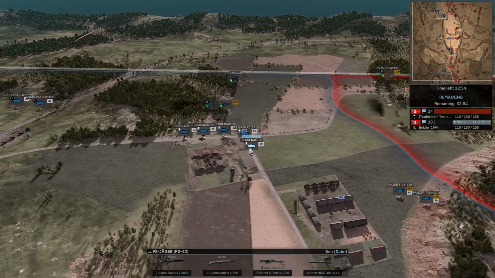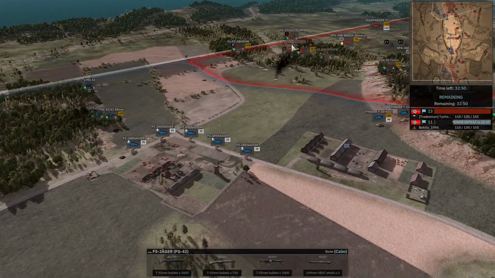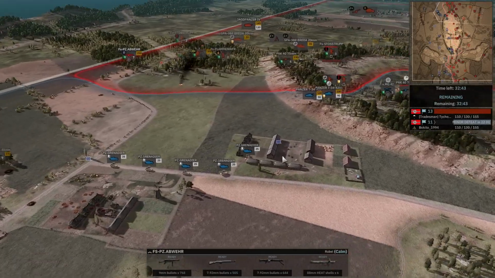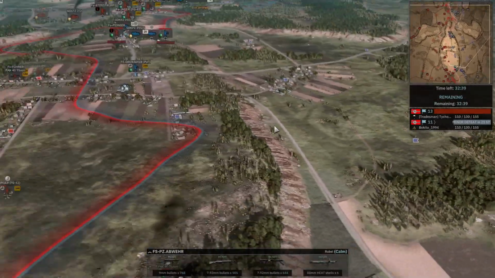As he brings... Oh, never mind. Looks like they're going somewhere else. I thought they were going straight here because there was really nothing in this area that could stop them. They do have that squad. Well, maybe they're going up towards this area to put pressure on the hill, which wouldn't be a bad idea